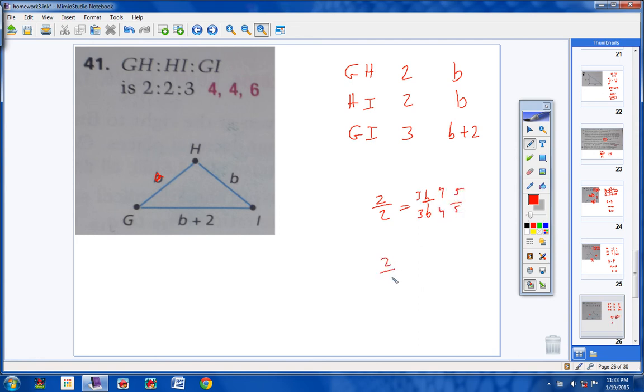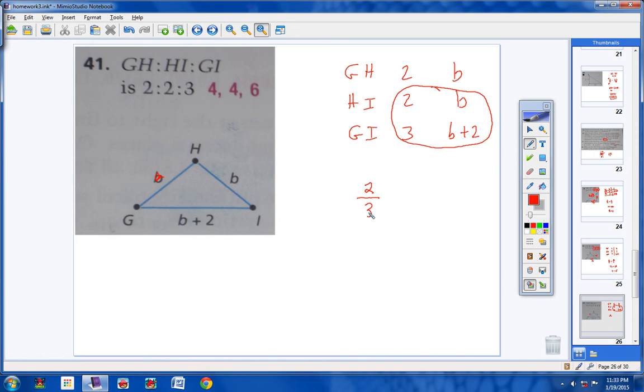Think about it. 2 over 2 equals 5 over 5. That's true. 2 times 5 is 10. 2 times 5 is 10. Or 2 over 2 could equal 4 over 4, which is still true, because 2 over 2 is 1, and 4 over 4 is 1. So we really can't use that combo there, because the answer is infinite solutions. So I'm going to use these here and see if I can come up with a different answer besides infinite